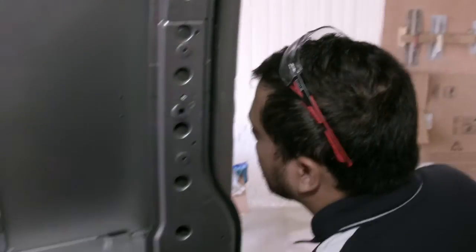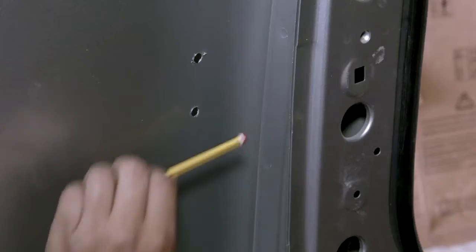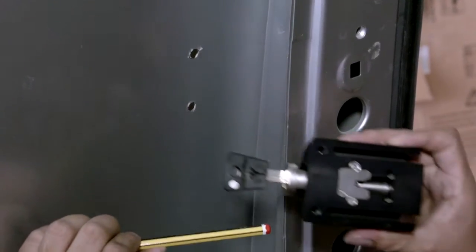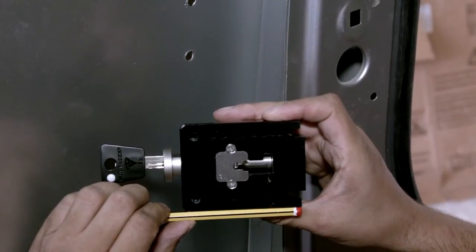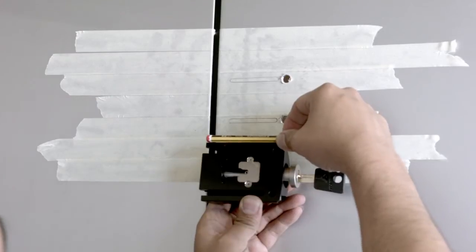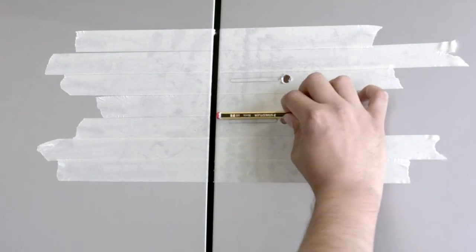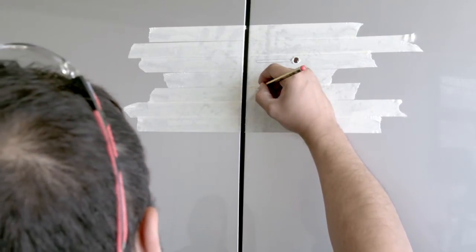Before we can drill the 2 remaining holes, we need to move inside the van to calculate what positions are available. Using one of the fixed holes as a datum, we will slide a pencil along the panel until an obstruction is found. On this van, we've arrived at the panel return metalwork. We can now transfer this measurement to the outside, which will allow us to identify the best positioning for the fixings. It's good practice to spread the load as wide as possible, but not too close to the absolute edge